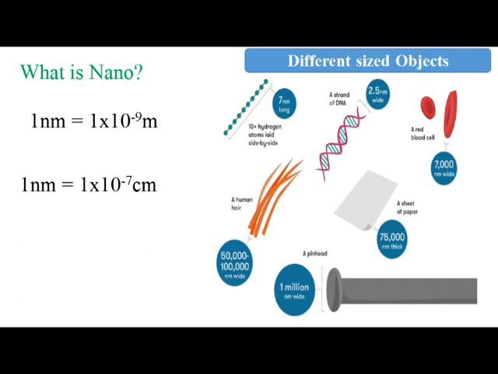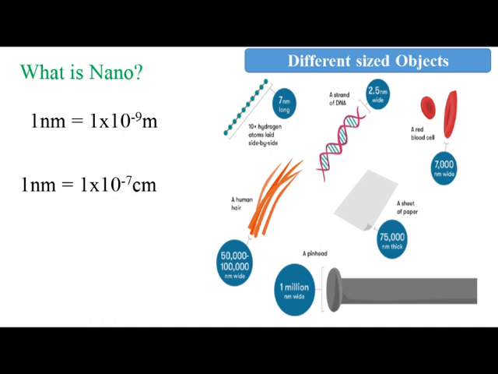This paper sheet and human hair we can see with our naked eye, but things like hydrogen atoms or atoms, DNA strand, red blood cells, we cannot see with our naked eye. So to see such small objects, like an atom if you go to the atomic scale, then DNA strand and red blood cells in our blood, we require some specialized techniques to see them.